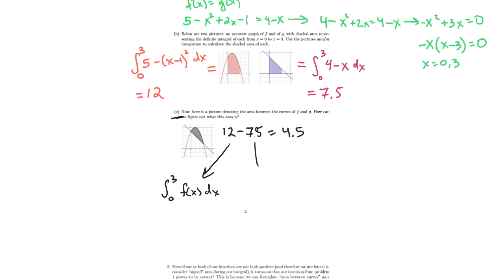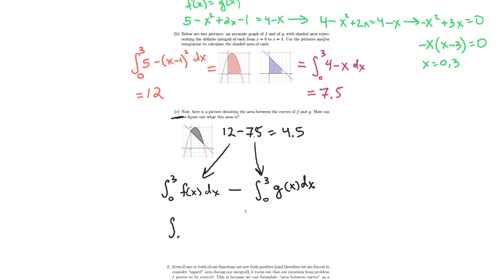And the 7.5, that came from calculating, again, we looked at a trapezoid, but it's the same thing as the integral from 0 to 3 of g of x dx. And so getting our answer here of the area between the two curves is nothing more than the one integral minus the other. And because subtraction occurs so nicely across integration, this